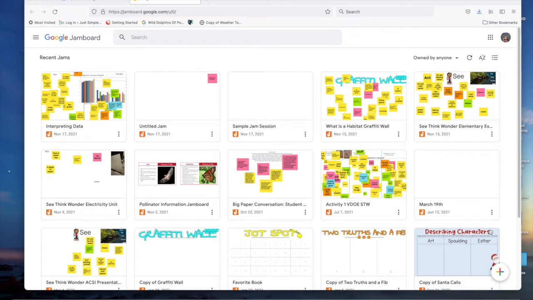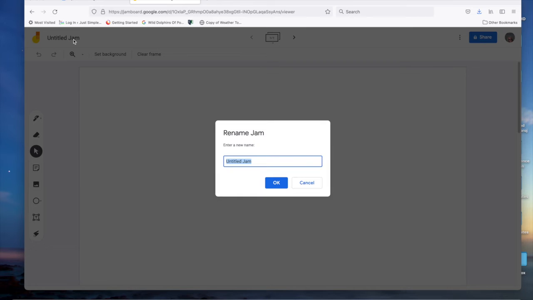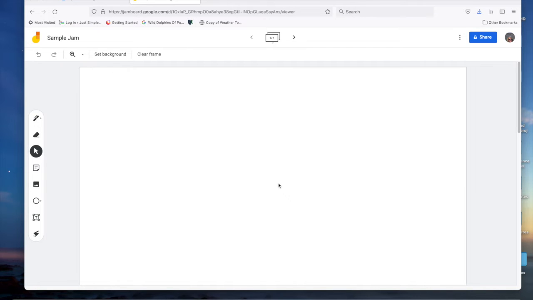I'm going to come down here to the lower right-hand corner and see where the plus sign is. If I hover over it, it'll say New Jam. So I want to click that, and this will bring up my Jamboard slide. Now you can title it. I'm just going to say Sample Jam, but you can title it for the title of your lesson,